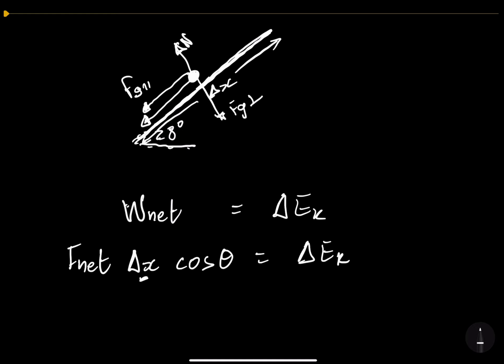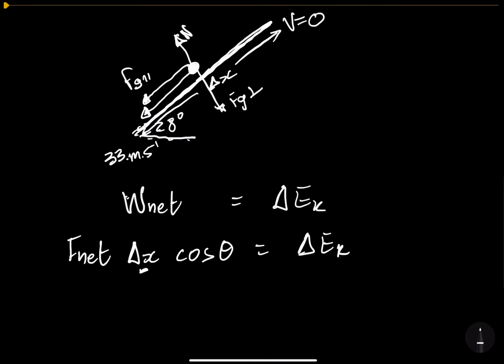So remember, they said, what's the distance required for the truck to stop? So we know the velocity at this point should be 0, right? And what was the velocity when the truck started the ascent? It was 33 meters per second, right? So now,